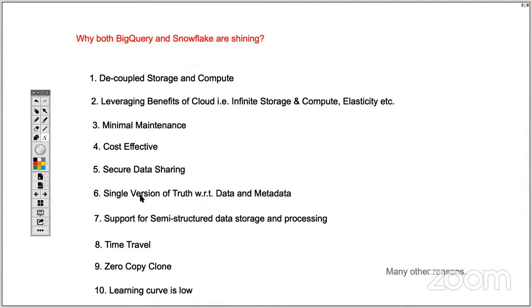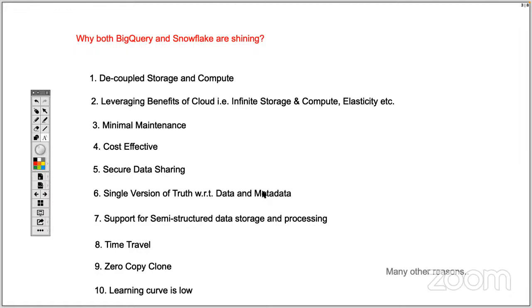And then another important area is a single version of truth with regards to data and metadata. When the query optimizer is optimizing the queries, it has to have access to the latest metadata information. If you remember, in traditional data warehouses we had various commands, including analyze table, and we were recalculating the statistics of columns and statistics of tables. That was painful because it was a manual process, or maybe after a batch job you were executing those commands in an automated way. But still, there was always a gap.